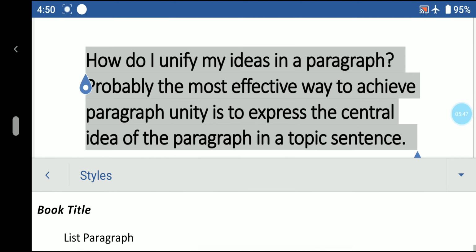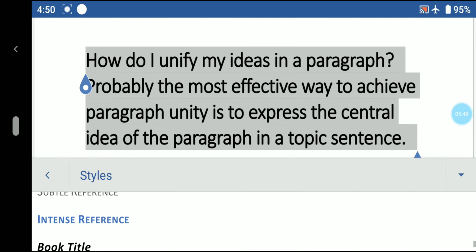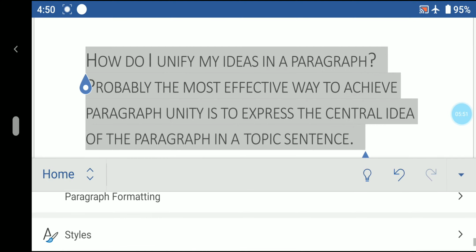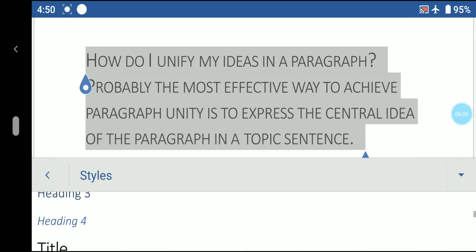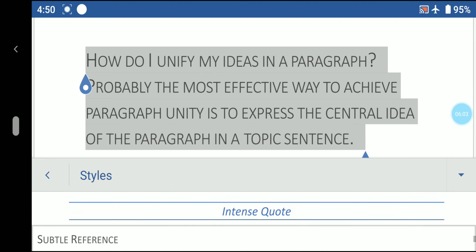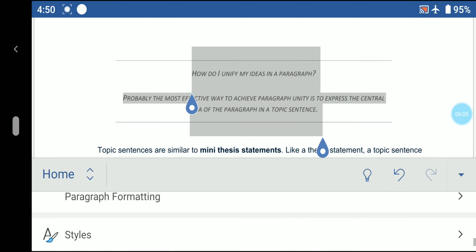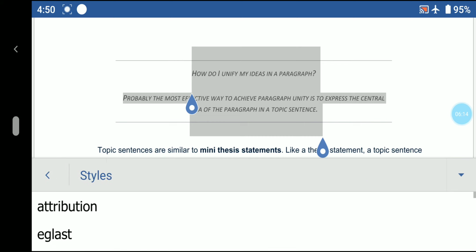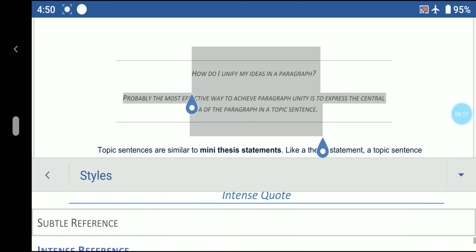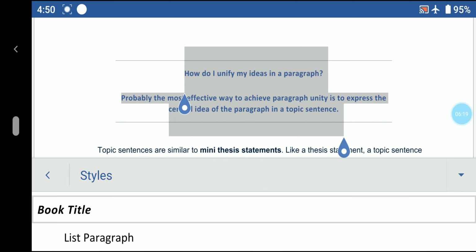Intense Quote, then Book Title, List Paragraph, Subtitle, Subtle Reference. This is another style. Now let's see how Intense Quote actually changes. Now let's go for the Book Title one.